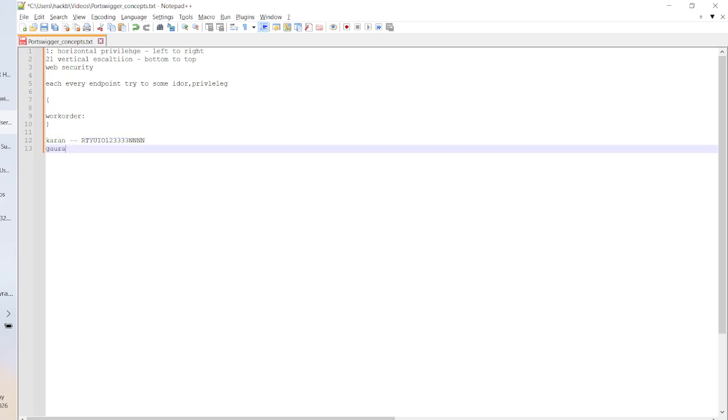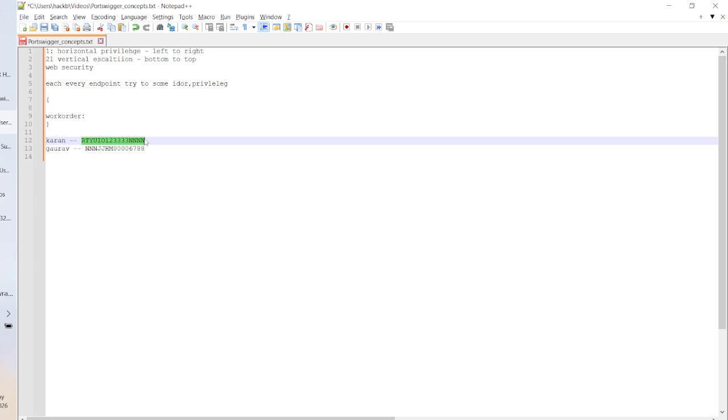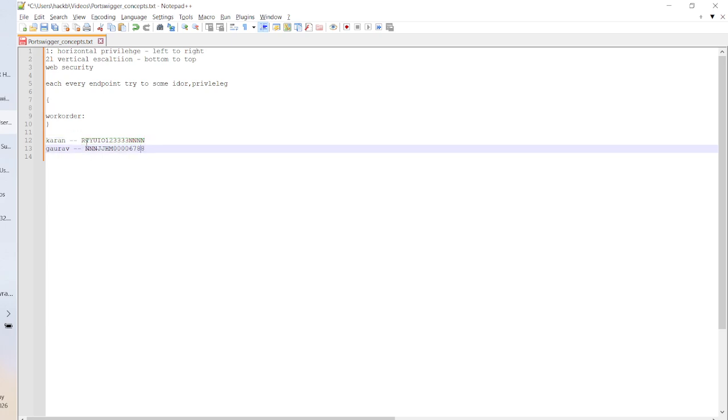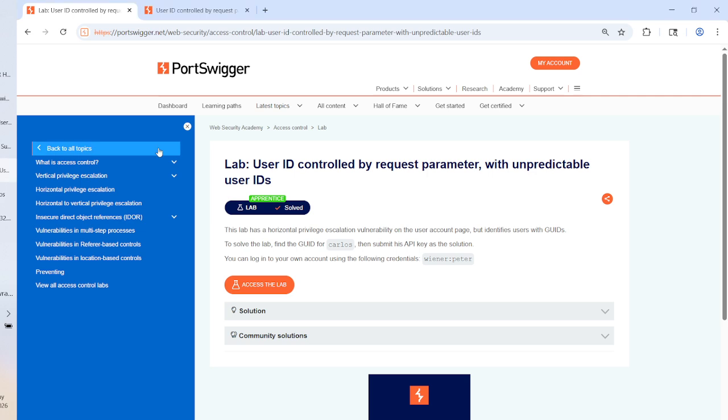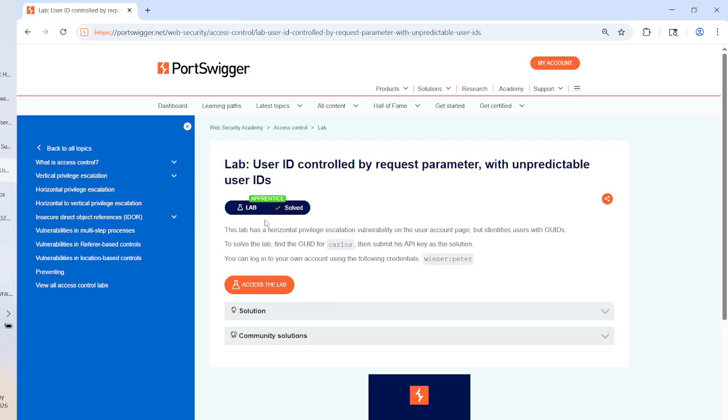Now there is Gaurav, who has another UID, like NNNUUXXO0000. It is unpredictable. But that doesn't mean that if it is unpredictable, privilege escalation can't happen and IDOR can't happen. So here it is specifically horizontal privilege escalation. Same goes here, the lab has a horizontal privilege escalation